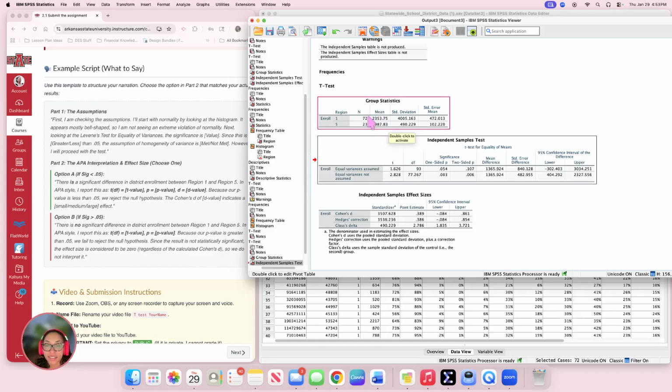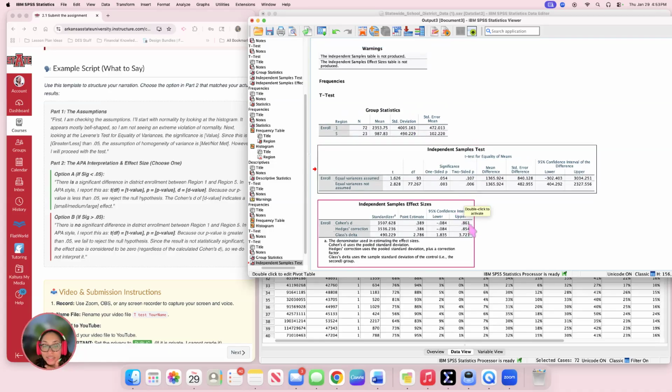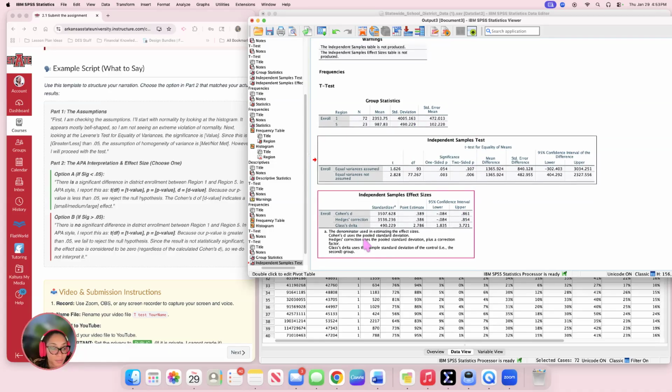But here it looks as though the amount is very drastically different. And then, yeah, I think that was about it. So I don't think there's a real significant difference between region 1 and 5. And I'll report this as